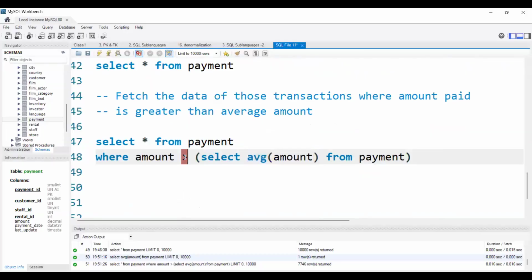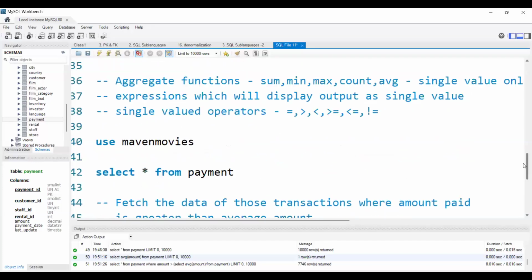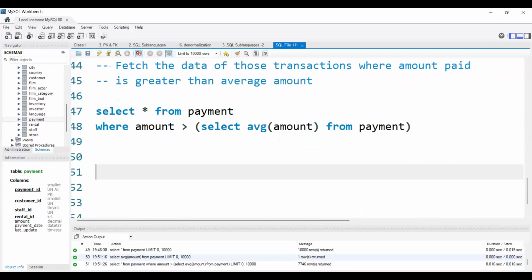But again, we will use single row operators to compare the values generated by this subquery. If we use single row operators to compare the output of the subquery, that also we can consider a single row subquery, because going forward in multiple row subqueries we will use some other operators. Okay, that is how we will understand the concept here. Am I clear? So far whatever I explained, is that clear for you? Do you have any doubts? Clear, ma'am. Okay,